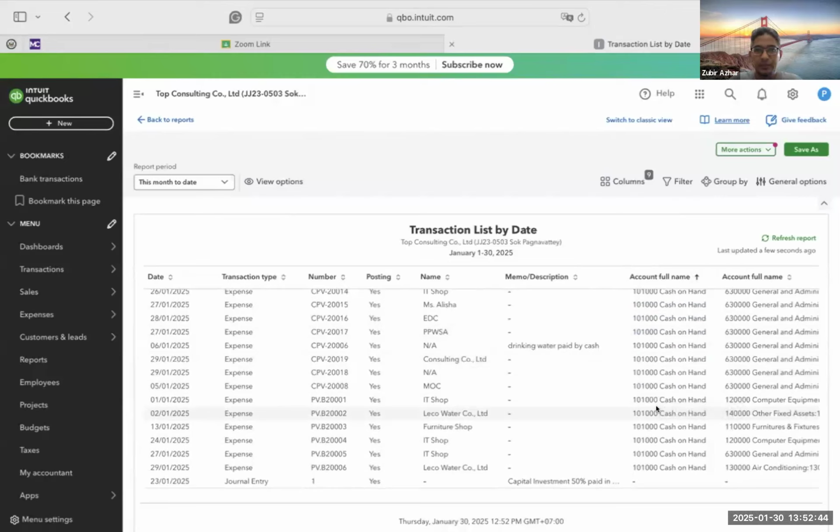Okay, Taesok, can I ask you to also open up your Excel file that you have already done for your cash book, the expenses. Taesok, the Excel file, please.